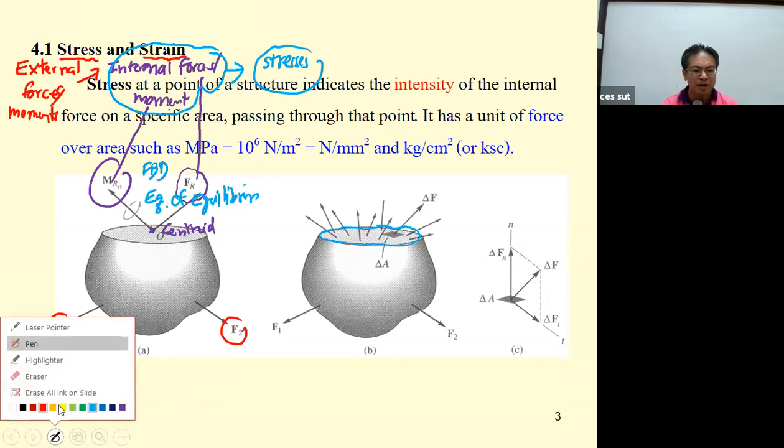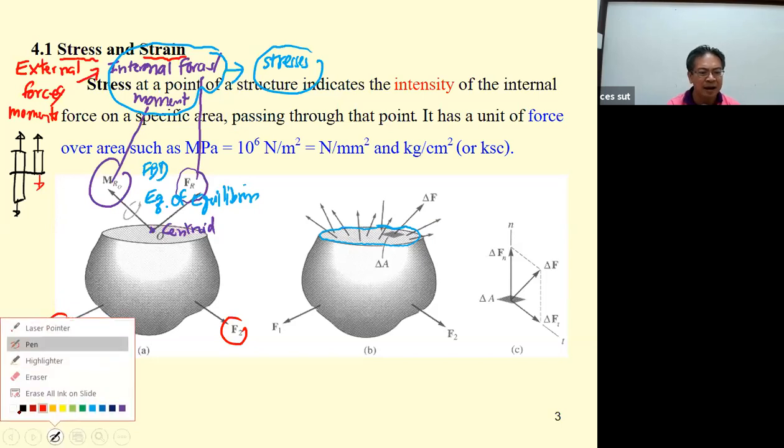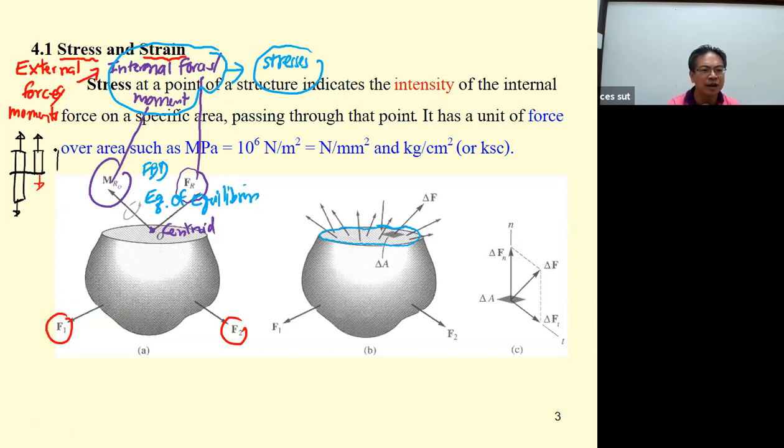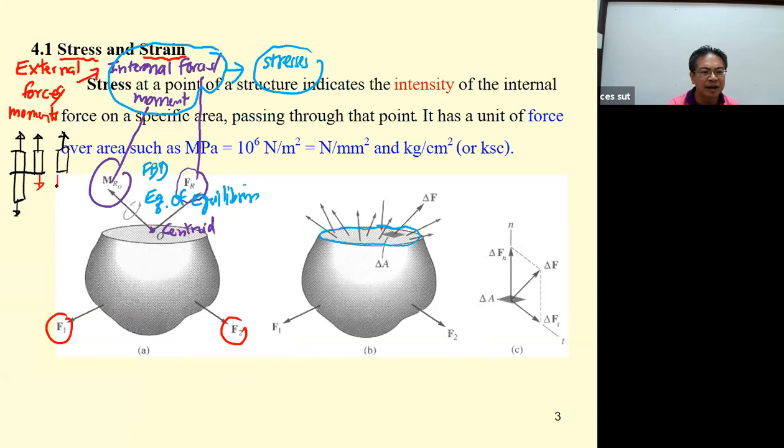For example, if your structure is in tension and you cut it, the external force will produce an internal force. In mechanics of materials, the stresses in this section are determined from this internal force, which is going to be P